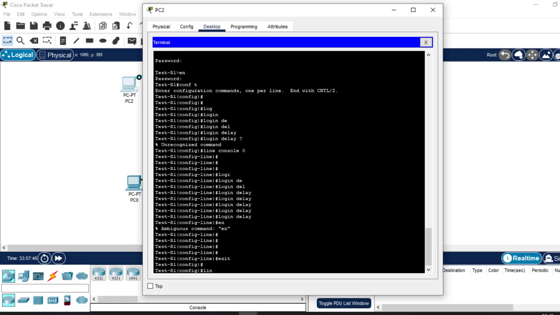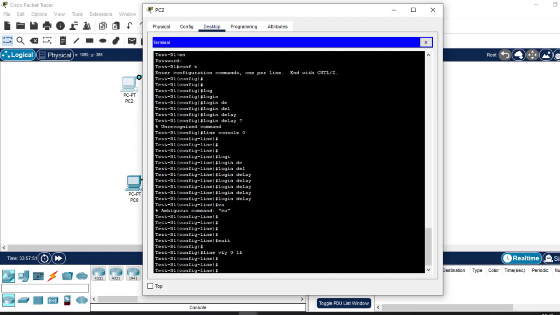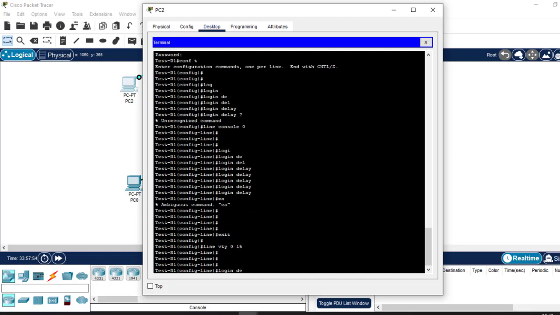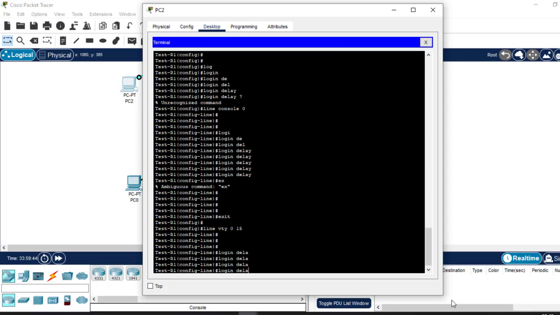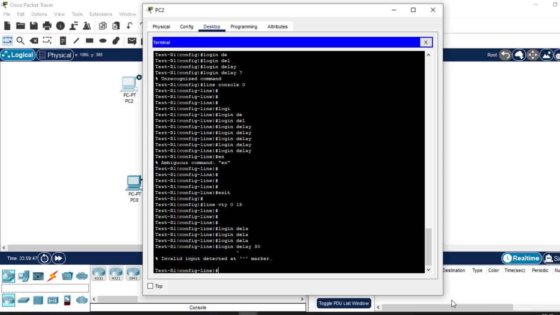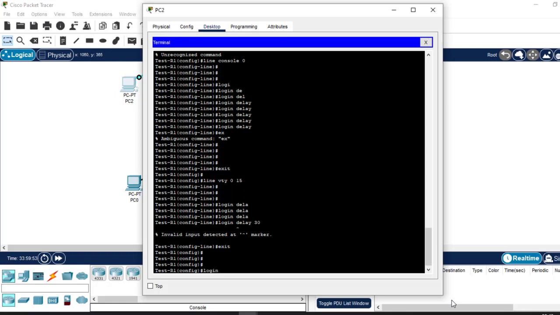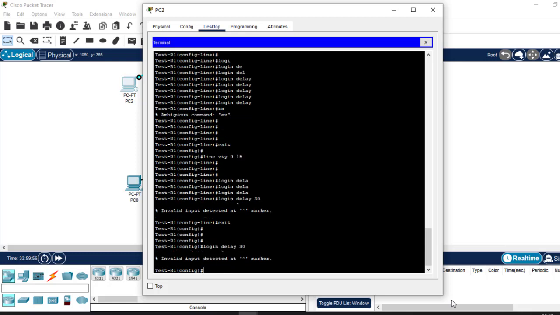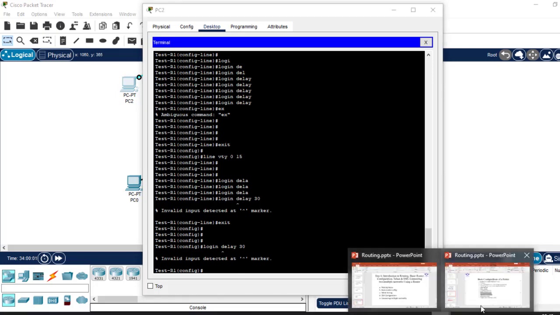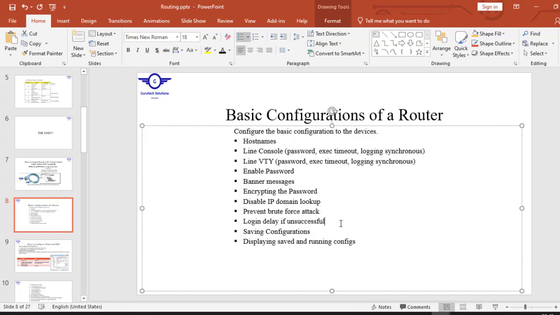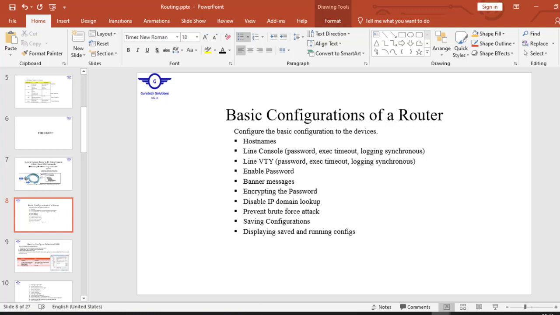Line VTY 0 to 15. Login delay. Login delay 30 seconds. Oh, login delay 30. Okay, so I think the last two, this command will not work for us at all. Login delay will not work because I've tried it, but it's not working. So the next thing that we're going to do is